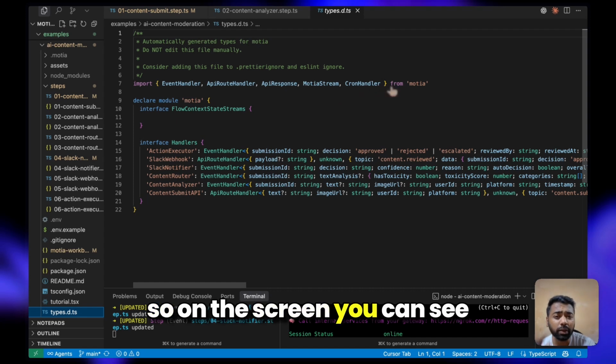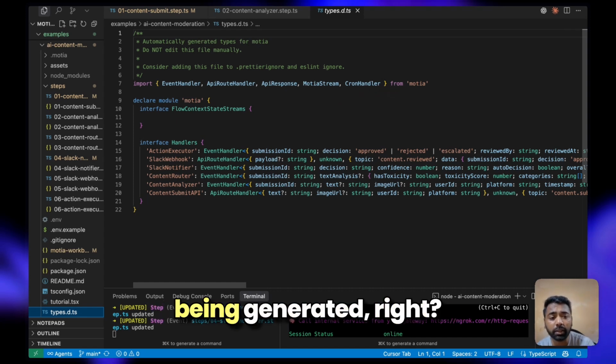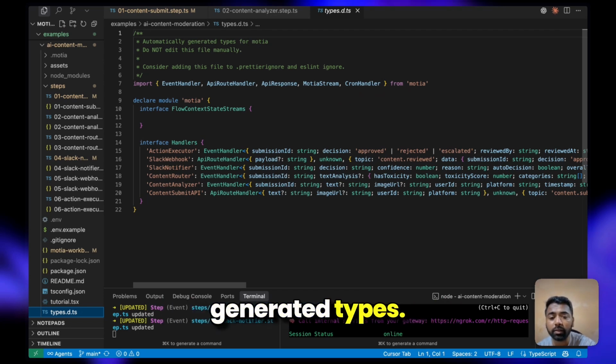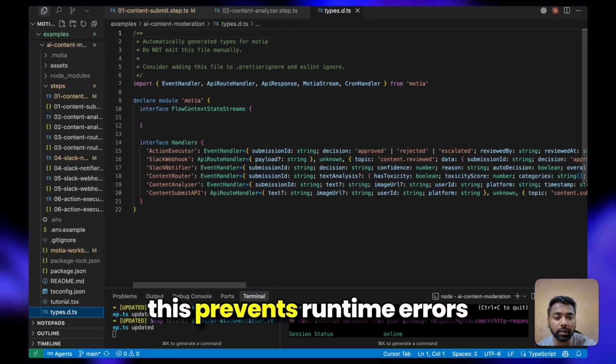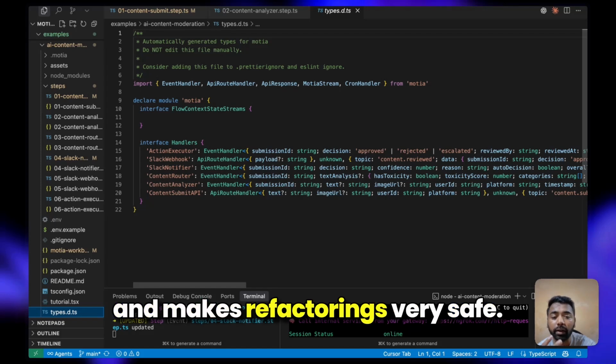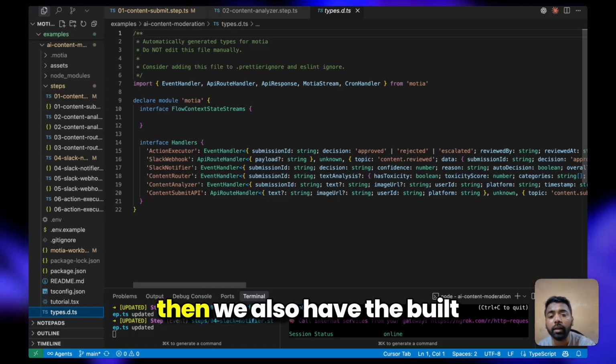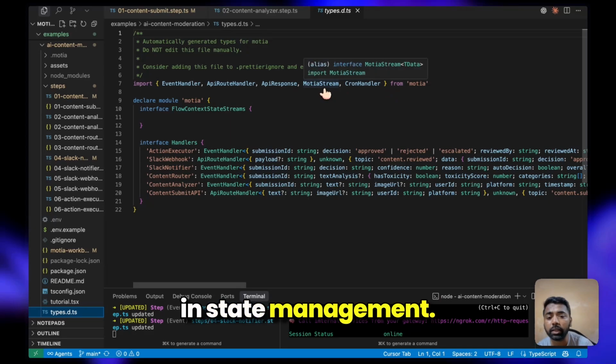So on the screen, you can see there are TypeScript types being generated, right? These are automatically generated types. Motia automatically generates TypeScript interfaces for all events, ensuring type safety across service boundaries. This prevents runtime errors and makes refactoring very safe. Then we also have the built-in state management.